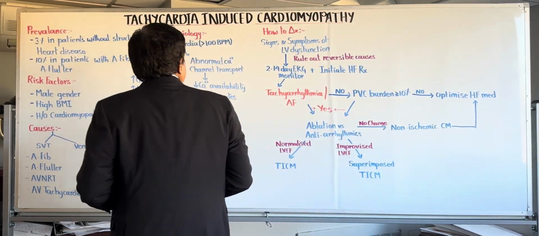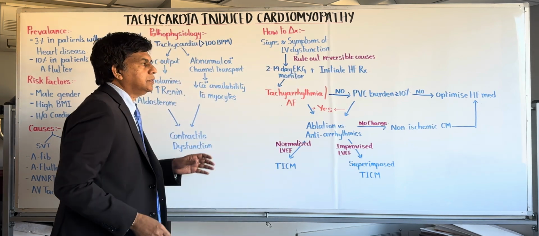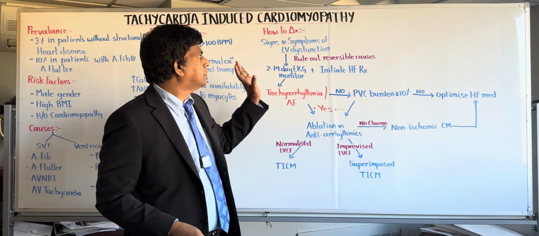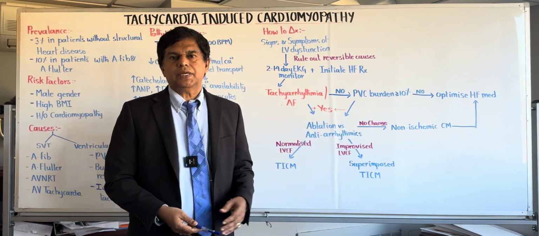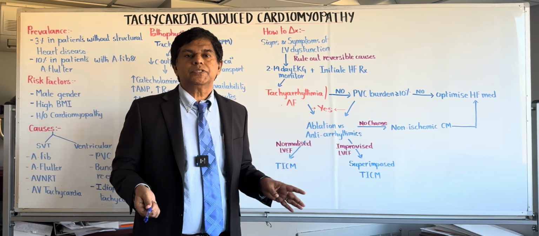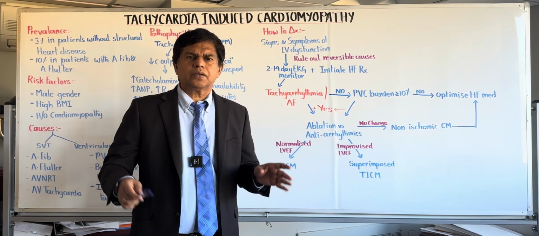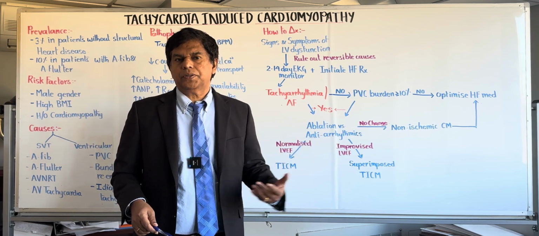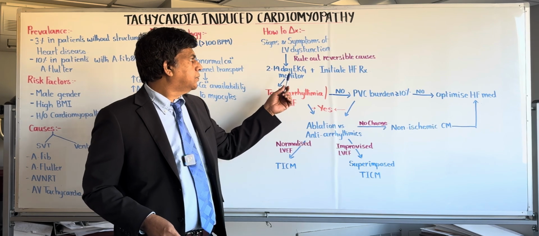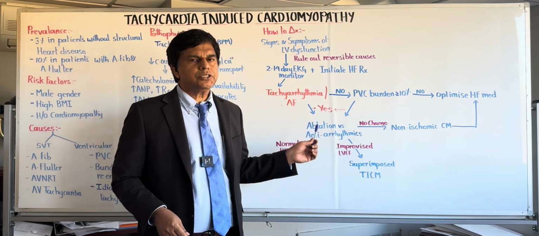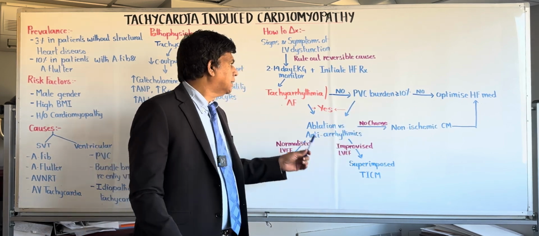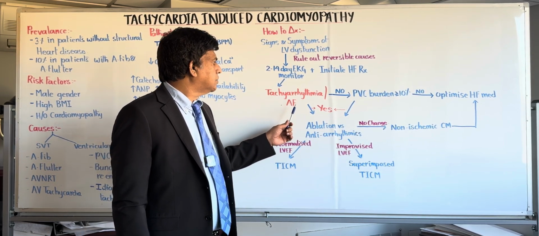Now, how do you diagnose this? Usually people come with palpitations, and then the ejection fraction, EKG, you see multiple PVCs, along with a clinical picture. The first thing you need to do is rule out all the other causes like thyroid, alcohol, and all those causes. Don't forget to rule that out. And then you can do a 2 to 14-day EKG monitor. And if there's heart failure, you should initiate heart failure treatment. Everybody knows that. Give diuretics.